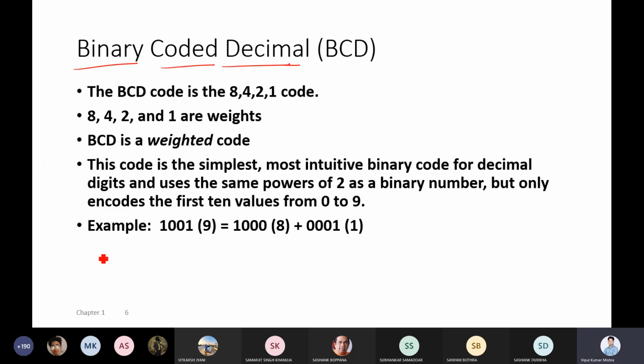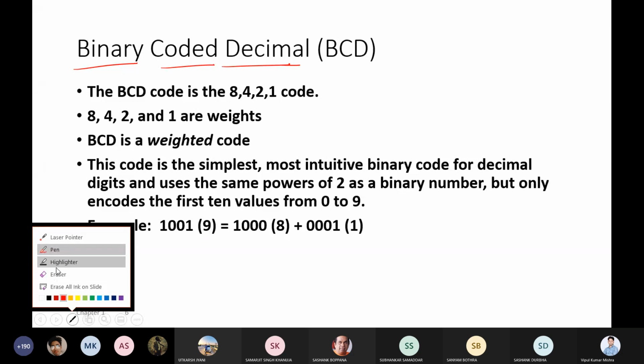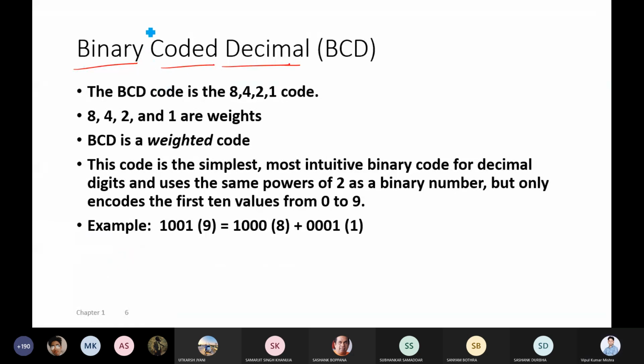Binary coded decimal. Here, let me highlight it. This part is really important. Here we are not seeing conversion, we are seeing coding, right? Coding means once you get one value, you have to code it, give it a different value, or you can say a different coding for that value. And this BCD coding is 8421 coding. So this is also known as 8421 coding, right? Now, how exactly will it work? You are giving weightage to 8421. We already saw it, but how to represent them, right?